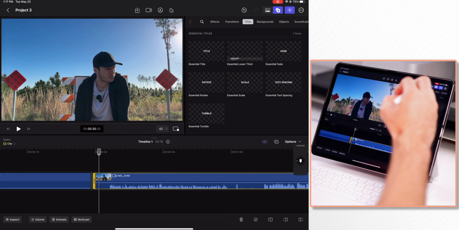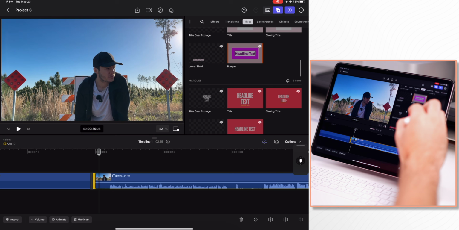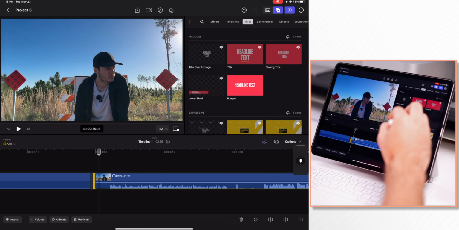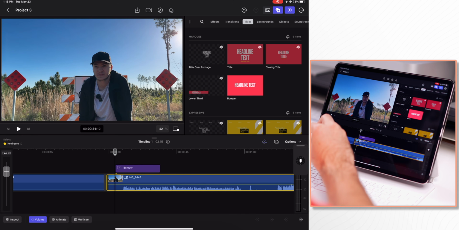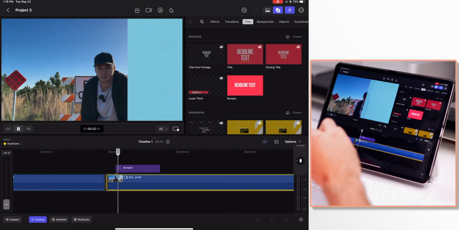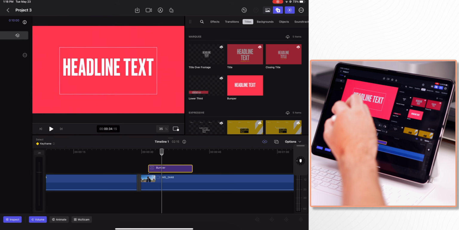We have titles here as well. So again, these are going to be more basic titles, but some of these are actually pretty cool and pretty professional looking. So if we want to add this bumper text right here, we can add that right on top of our clip. And I'm going to mute this clip again real quick. So we're going to go ahead over here to volume and turn that down. And let's play and see what that title looks like. So that is what it looks like, maybe like an intro title, and you can change that by simply tapping on the text,